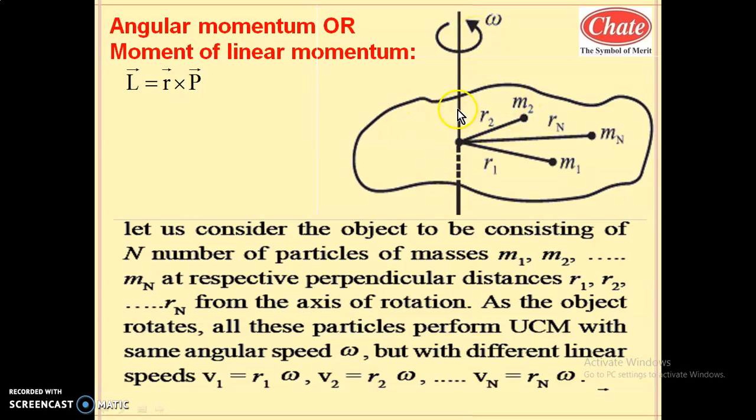As the body is rotating with a constant angular velocity omega, the angular speed of each particle is the same. Means all particles are completing their one revolution in equal interval of time. Angular velocity is same, means period is same. So that is the uniform circular motion of the particle, and the body is rotating with a constant angular velocity omega. So this is a part of our consideration. So omega is constant here, and the linear velocity is different for the different particles. Here we have to use the concept of linear velocity because linear momentum is mass into velocity.